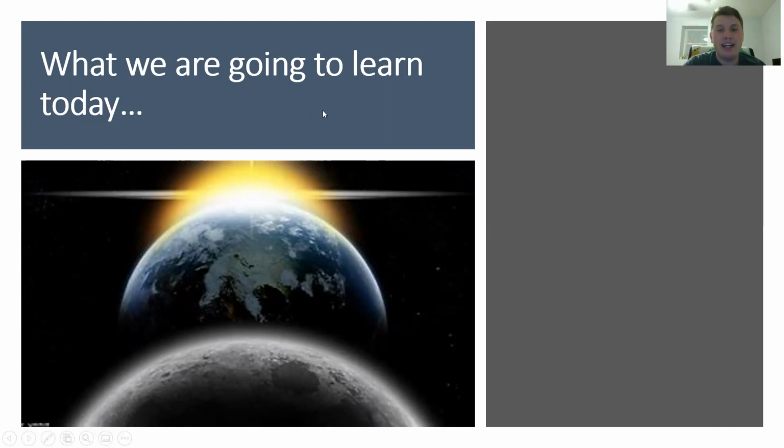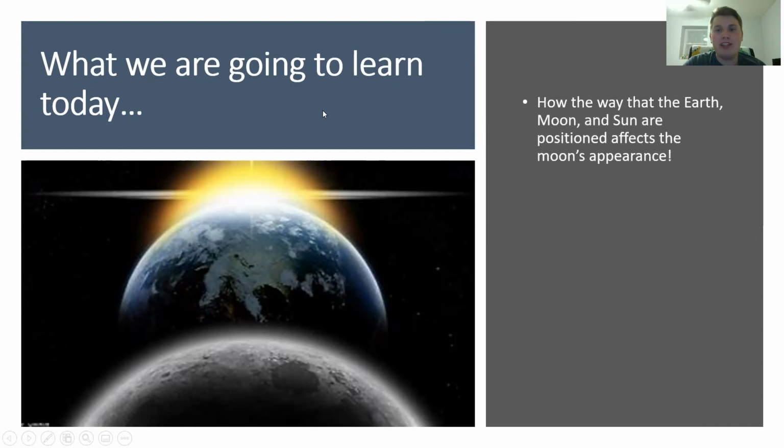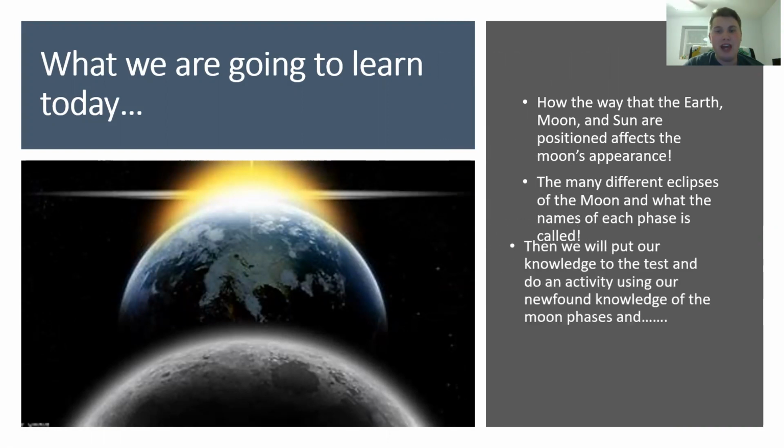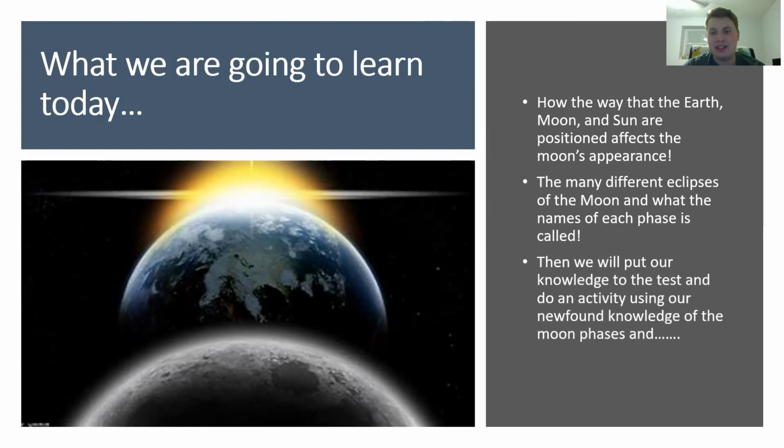What we're going to learn today is how the way that the earth, moon, and sun are positioned affects the moon's appearance, the many different eclipses of the moon, and what the names of each phase are called. Then we'll put our knowledge to the test and do an activity using our newfound knowledge of the moon phases and